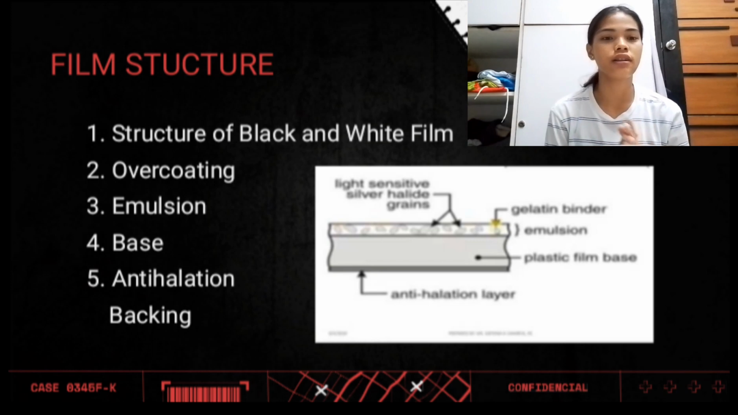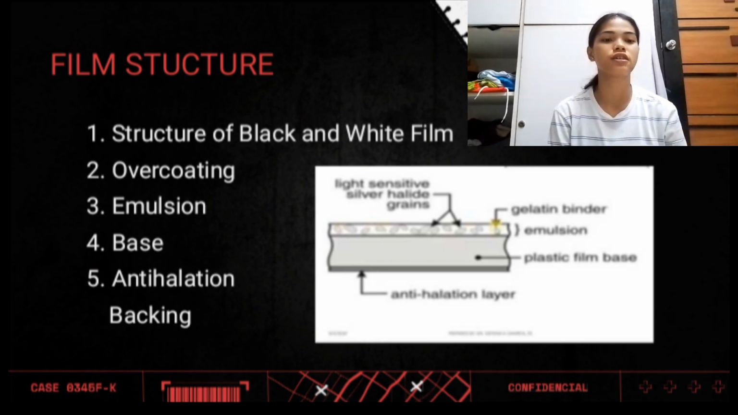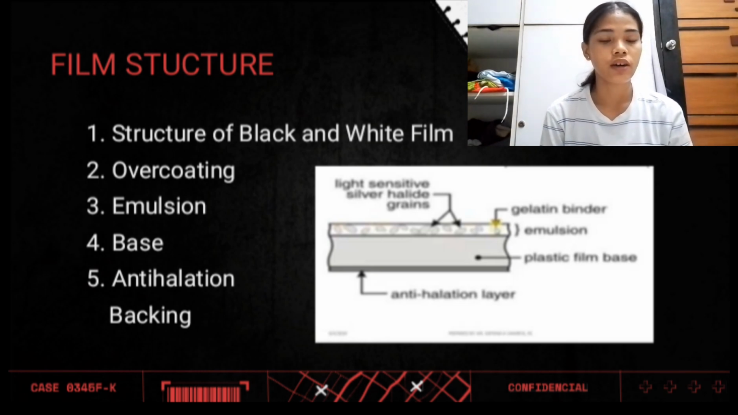And that's all. And the non-curl coating and structure of color film, also the film size, will be discussed